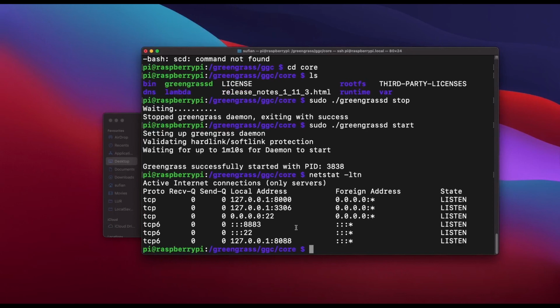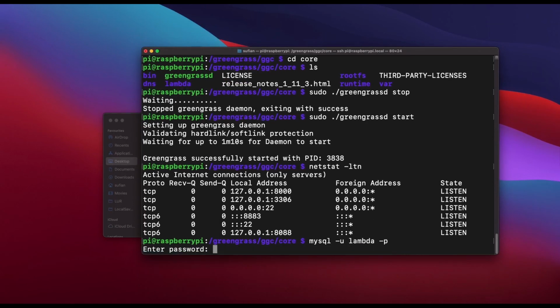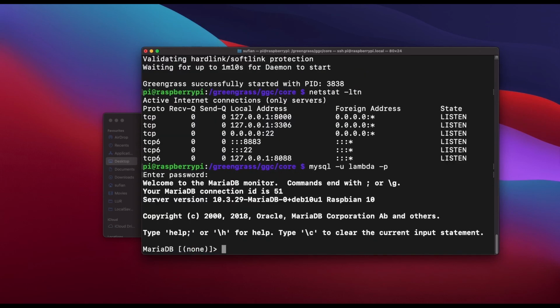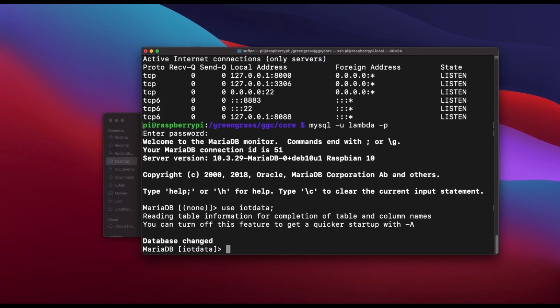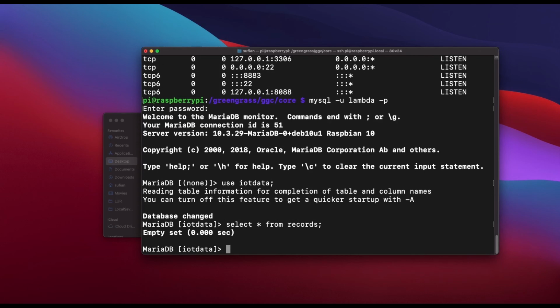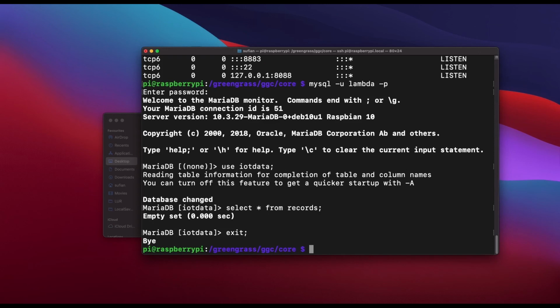Okay, so the subscriptions are working, so we are getting data to the IoT Cloud. Now let's go to MySQL again. The password is 123, and then use IoT data, select all from records. Okay, we don't have anything yet.